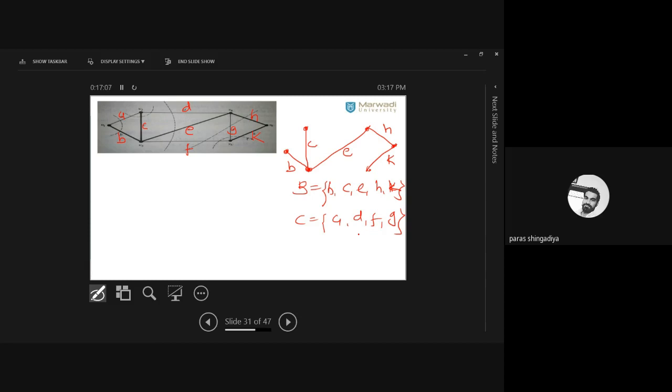Any confusion? Okay. First step, one graph will be there. Identify one of its spanning trees. And as per the spanning tree, decide these two sets. If I change the spanning tree, if I change this graph completely, okay? I consider another graph in place of that, then both these sets will be changed. Clear? That is for this spanning tree only.